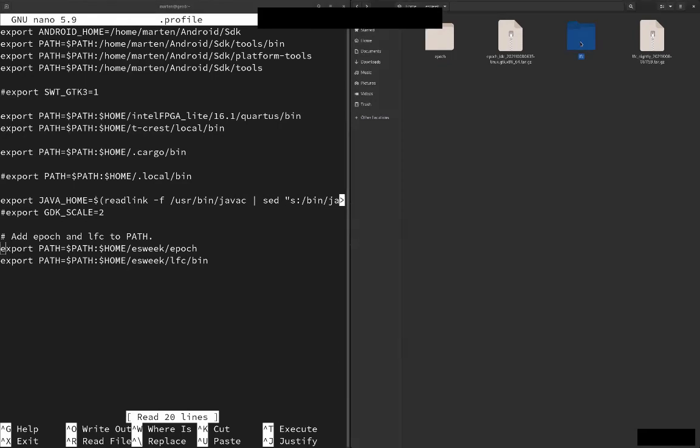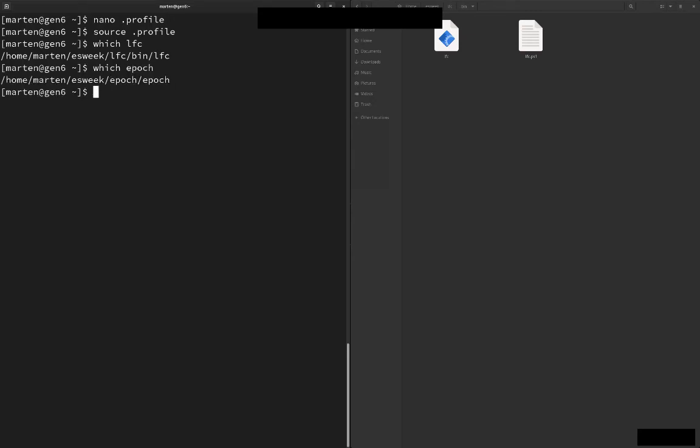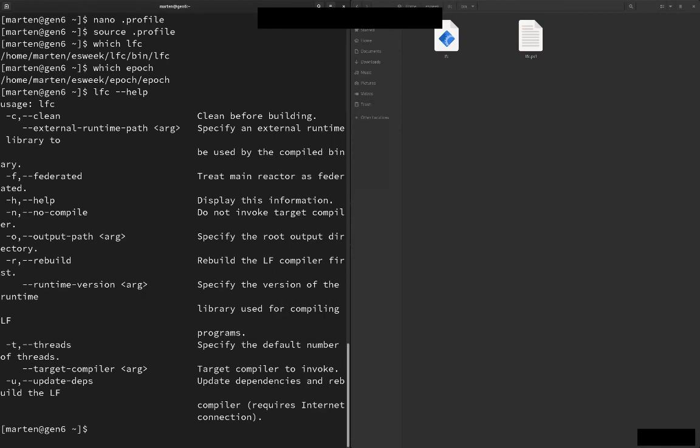So just to make sure that they've been sourced, we can now see if they're on our path. We can do which LFC and which epoch, and we see that both are there. And we can also run LFC -help just to see if it responds, and it does. So that is basically it. I can now move on to the VM